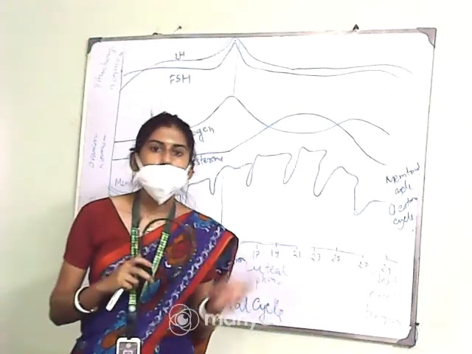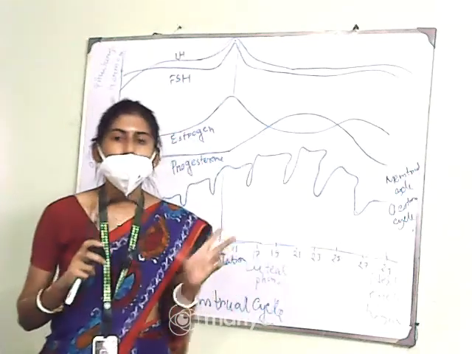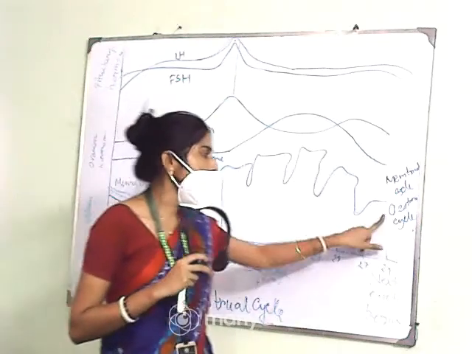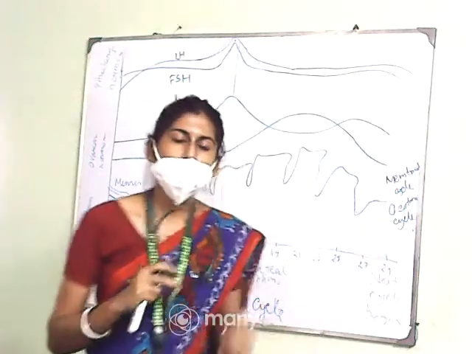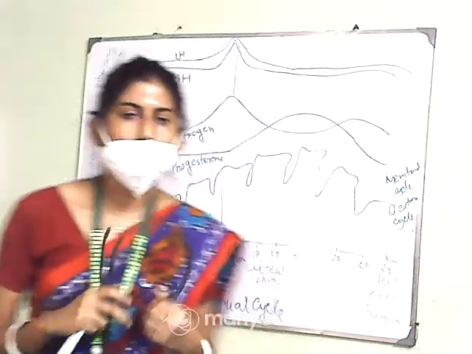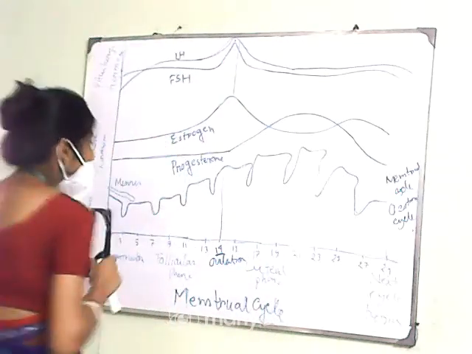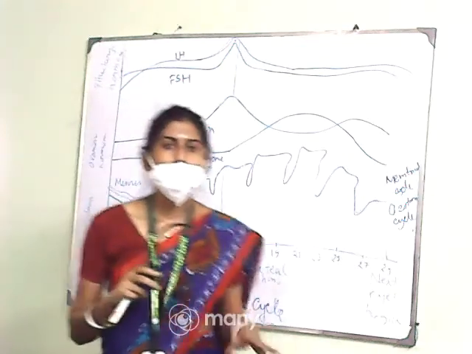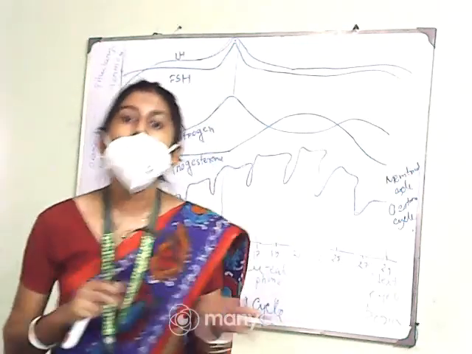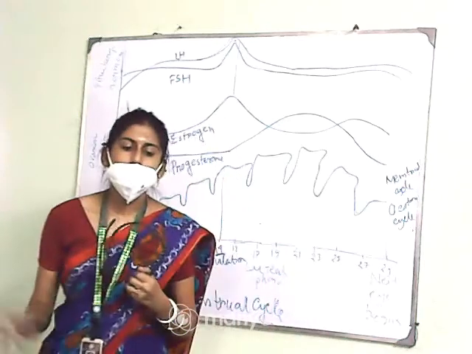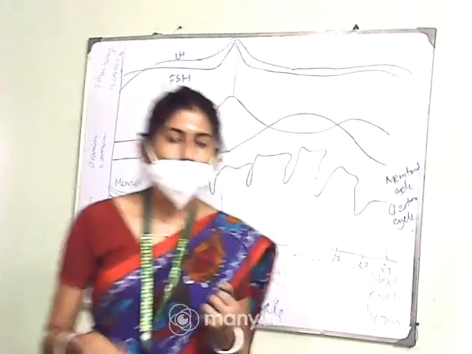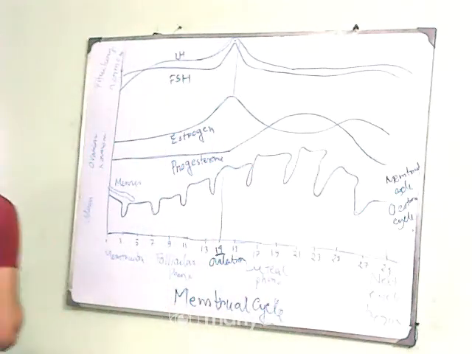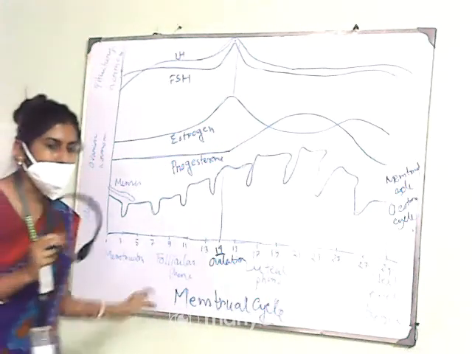Okay, so the second difference between the menstrual and estrous cycle is that in the menstrual cycle menses is taking place, but in the estrous cycle it is not there. What is the third difference? The third difference is that in the menstrual cycle, the endometrium wall will get ruptured and it will be released through the vagina. But in the estrous cycle, the wall will be reabsorbed. Okay, so these are the basic differences between these two cycles. Now come back to our interest, that is the menstrual cycle.